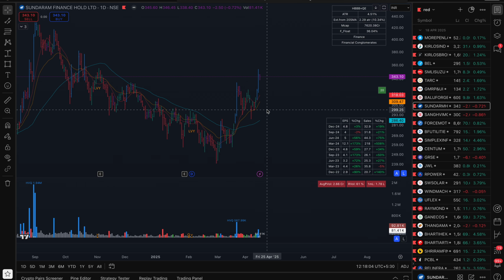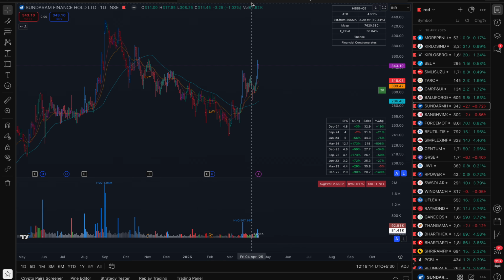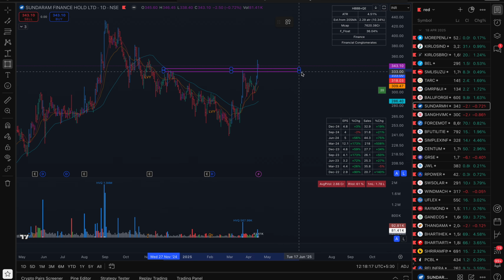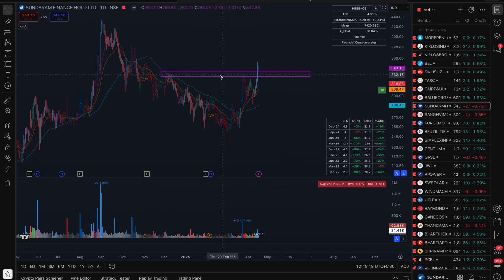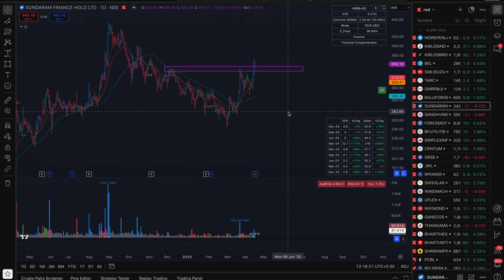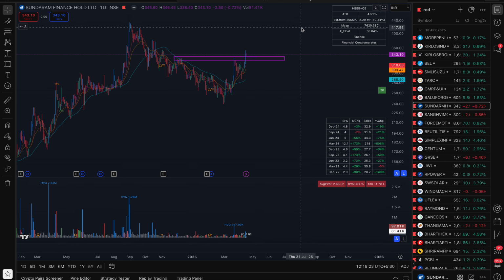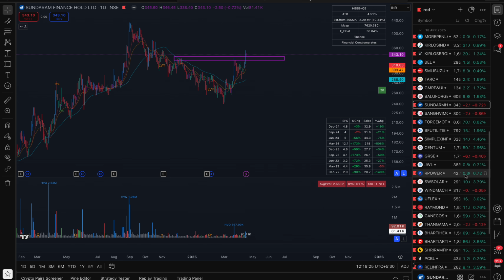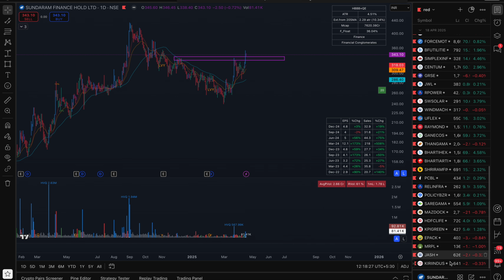Sundaram Finance. Last week it was a more actionable setup on this day. I remember discussing it in my last weekly video here. But this is also a reversal setup, or rather, we can call this the lower cheat or cheat entry, and this looks like it is going to be a big base, something like